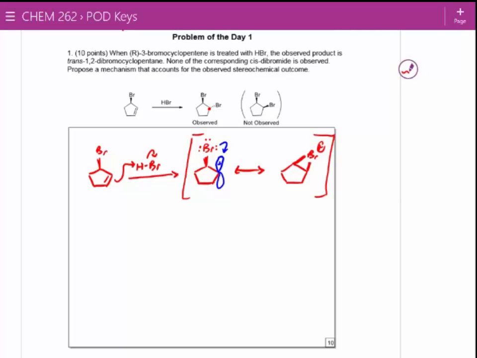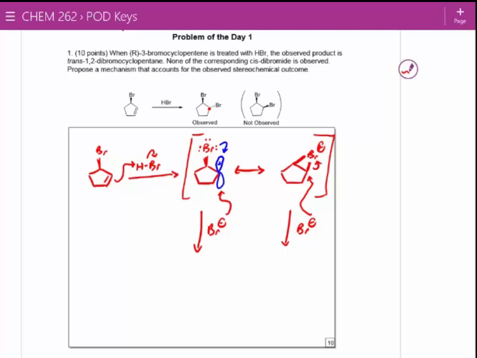So some people actually caught this, and they noticed that, hey, this looks really similar to what we covered in lab with our bromination reaction. And if you have this, you can have it react with bromine using either one of these resonance forms. It doesn't really matter because we know that they're both adequate for explaining what's going on. If it's the one on the right, the bromine can only attack from the bottom side of the bromonium ion. So it will attack here, slingshot open that bromine, or it can just attack the open empty face of that